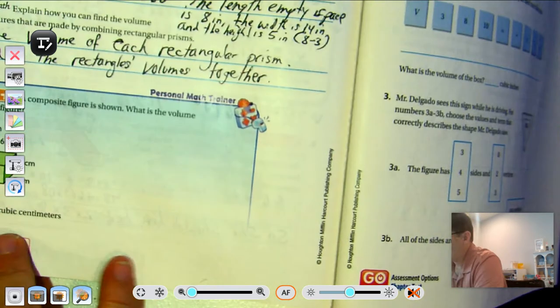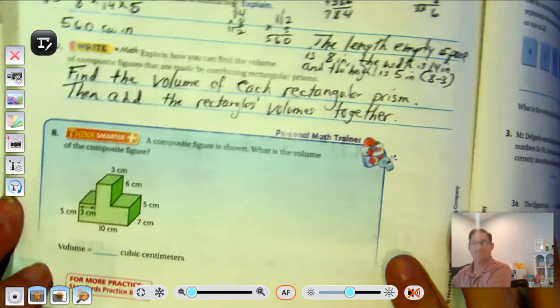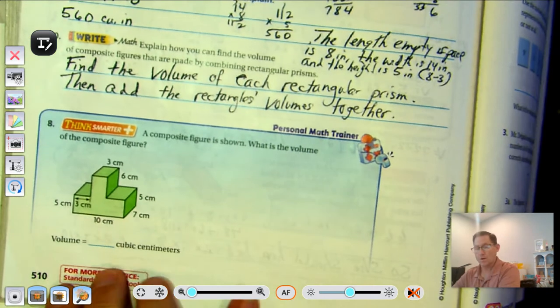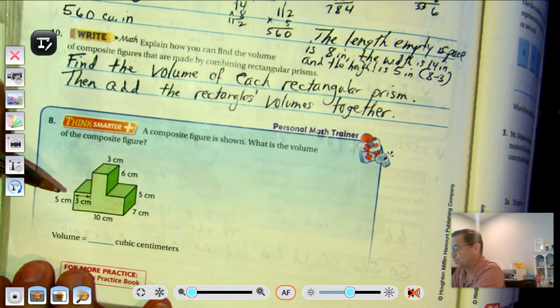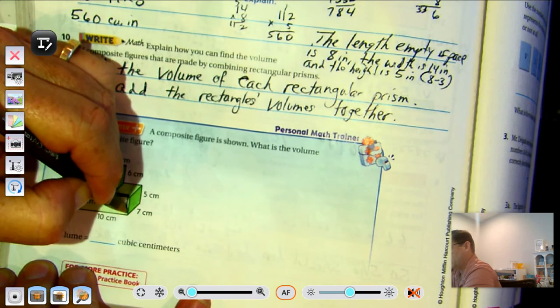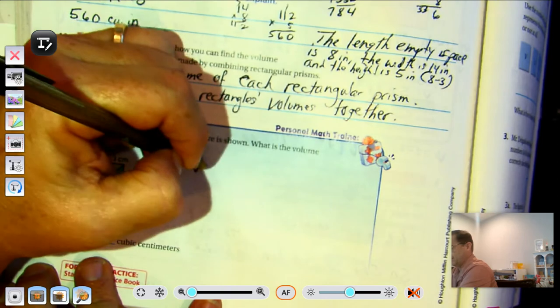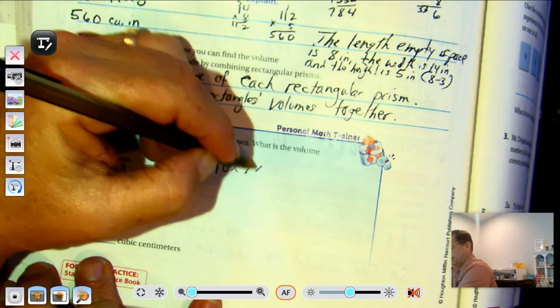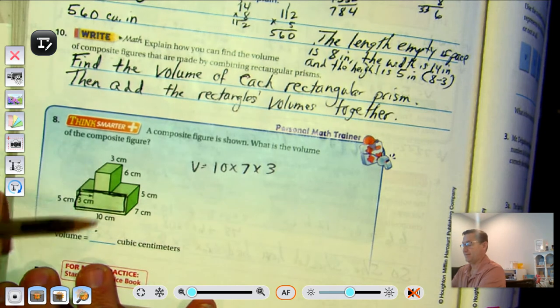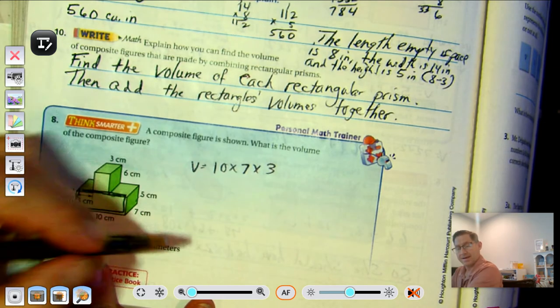All right, number 8. Composite figure is shown. What is the volume of the composite figure? Well, I might as well use this bottom part and the top one. So we have 10 times 7 times 3. All right. And